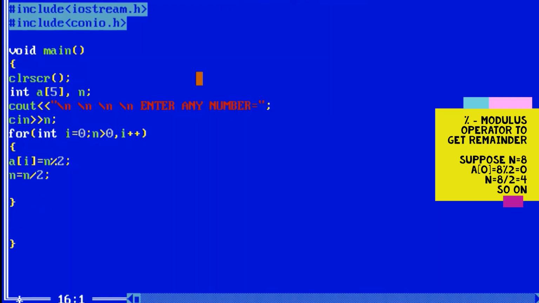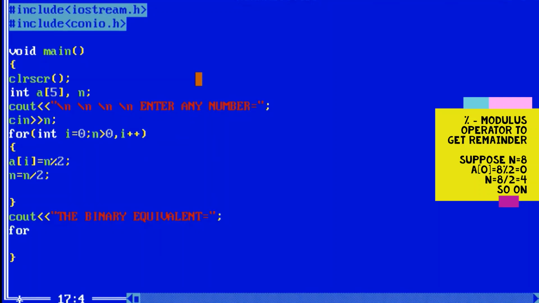After that, we will print the message, that is the binary equivalent of the decimal number which is entered by the user. Now we will use a for loop so that whatever values are stored in the array will be displayed on the screen.